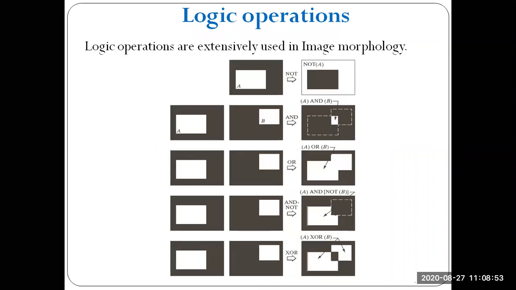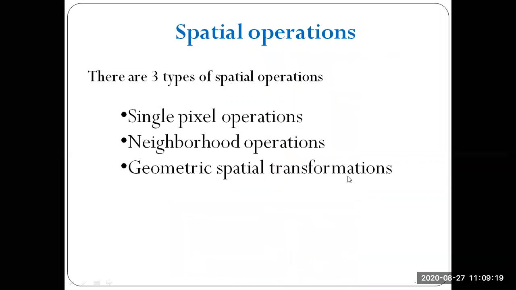Okay. Next one is logical operations. Like set operations, logical operations also take A, not A, and A and B as inputs, with AND operation, OR operation, and NAND operation. Here AND with a dash, or not, means NAND. Next, the XOR operation. Based on the logical operations, your output will be like this.